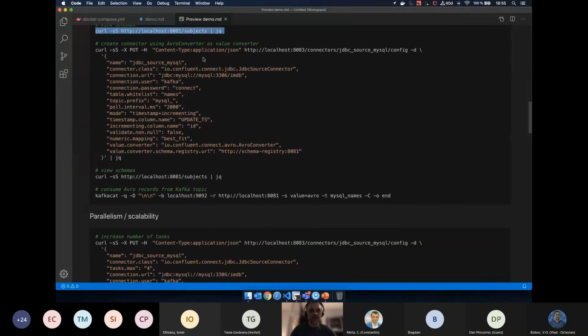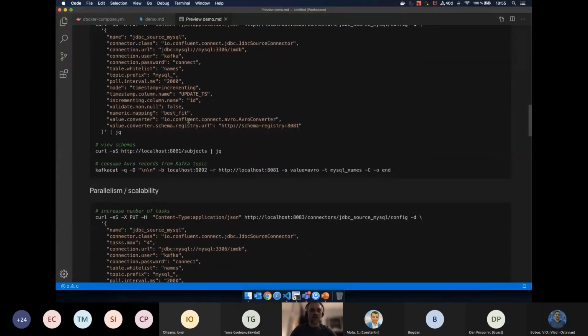And let's change our connector configuration. We are using the Avro converter provided by Confluent, and this is free. And in this case, we also need to specify where our schema registry instance is.